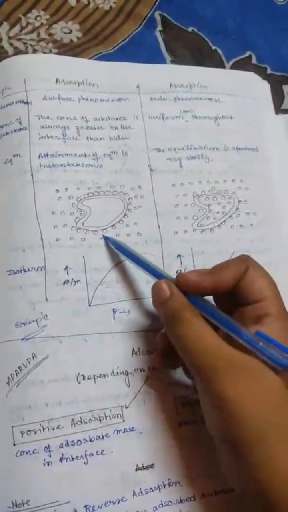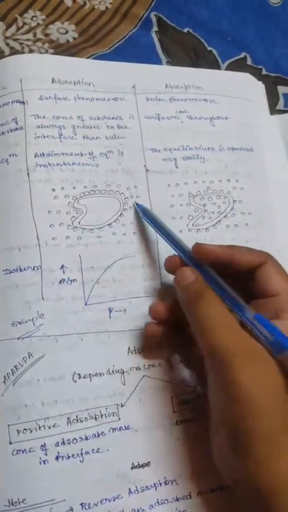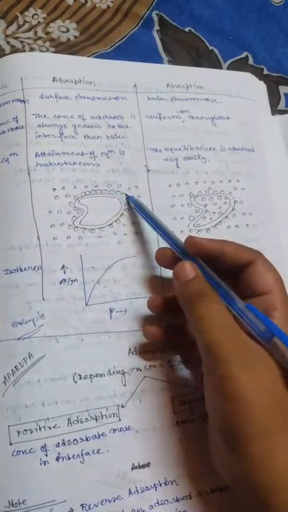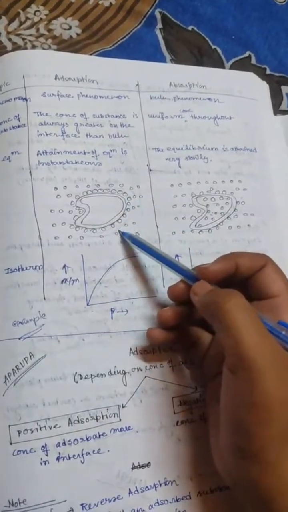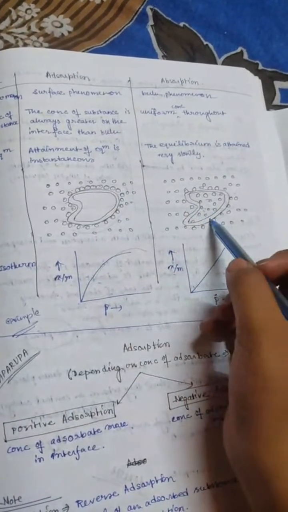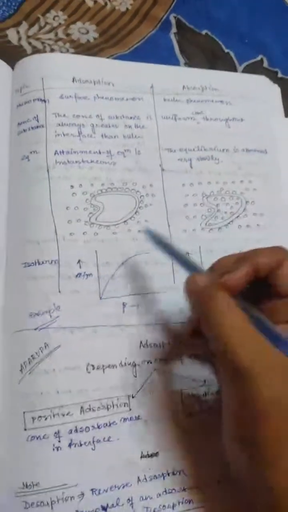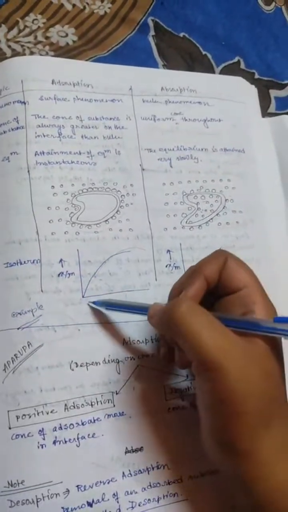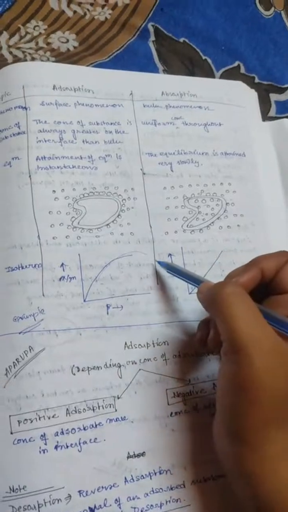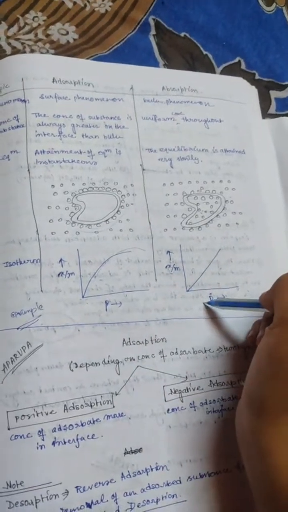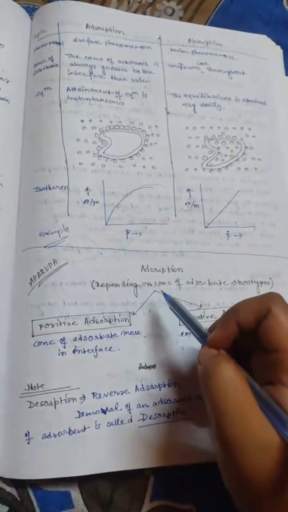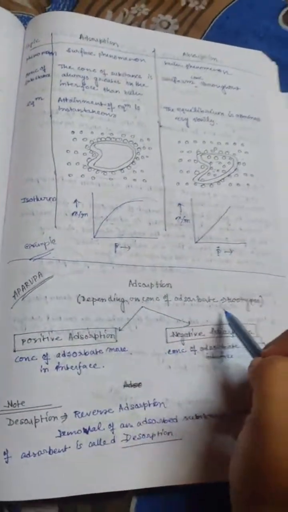So this is the adsorption process, that is all the molecules attracted in the surface area. Okay, but absorption, that should be incorporated in the bulk also. Next one, isotherm. There must be a strictly x by m that should be increases with pressure, but there must be a linearly increases. Okay, so adsorption, depending on concentration of adsorbate.